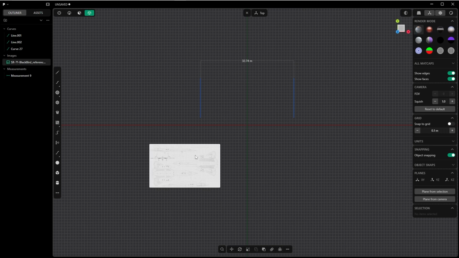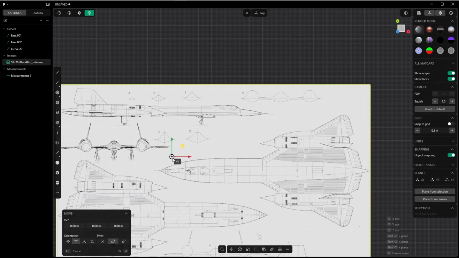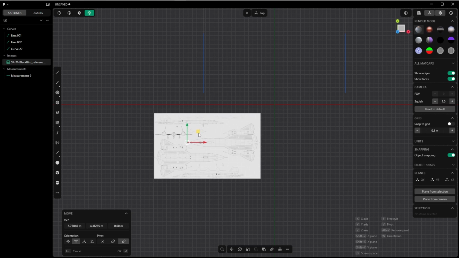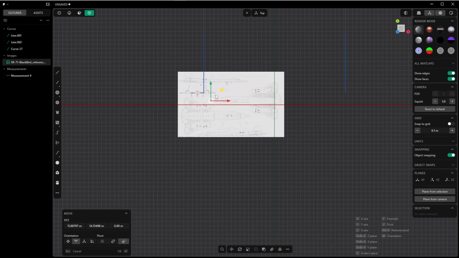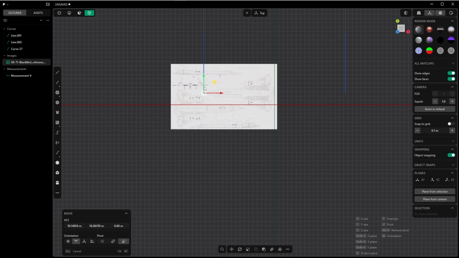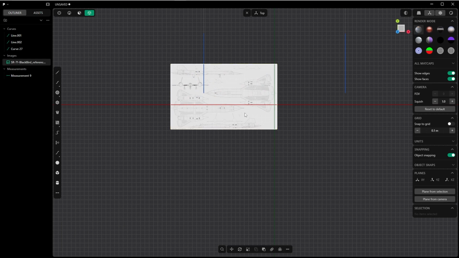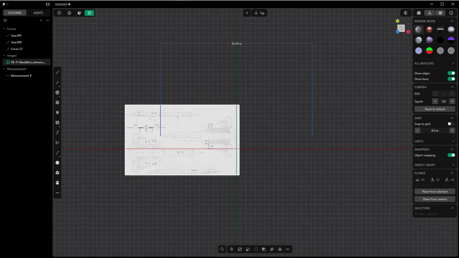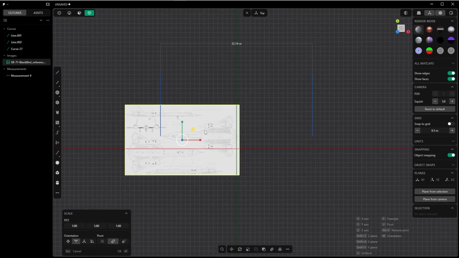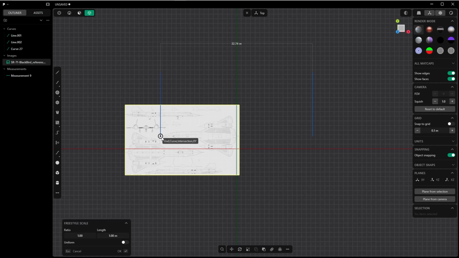Now let's take this plane, position the cursor with G and V. I take just the tip of this antenna, drag it while pressing Ctrl to snap it to the endpoint of this curve. Press OK. While this drawing is selected, I press S and F for freestyle, so I can place the cursor